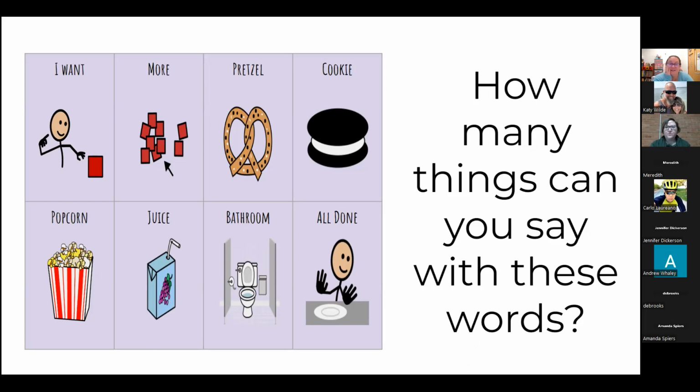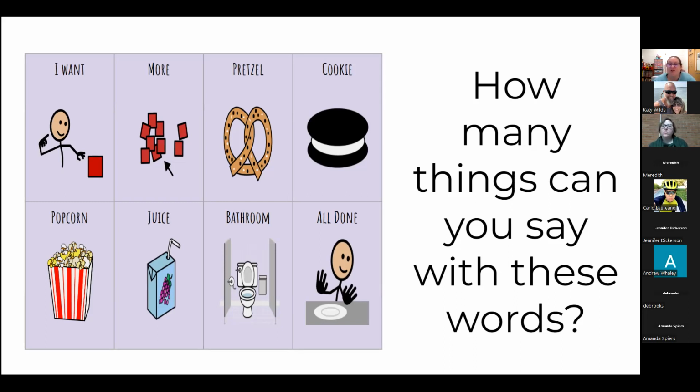I really didn't keep count of the ones I was coming up with, but there are so many ways that you can use each word, either together, like I want more cookies, or, you know, I want to have that. Can I have more time? Oh, so you're using words that aren't on there. I thought you were saying sentences though, right? Correct. Yeah, but only with those words that are on the screen. Okay.